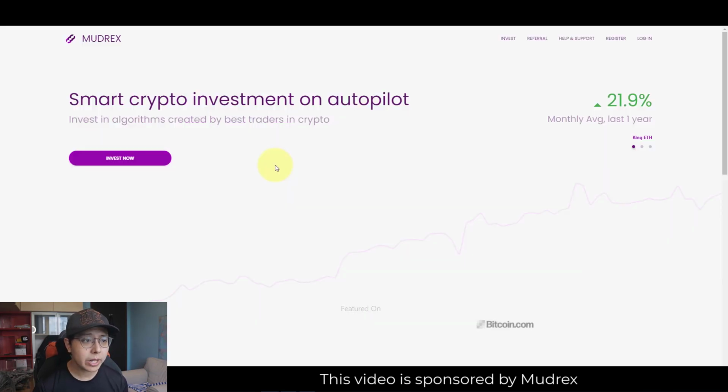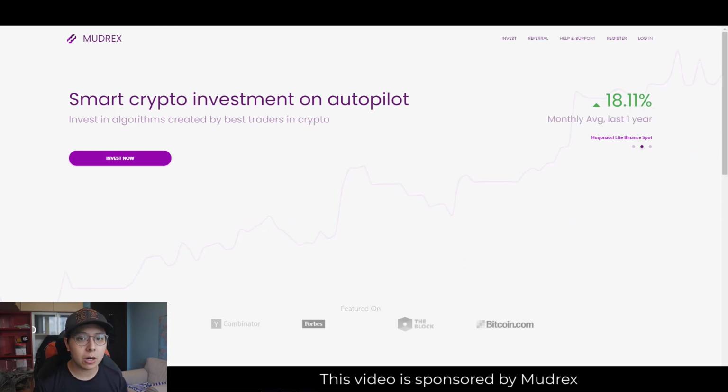Okay, so very quickly, maybe I'll walk you through what the main features on Mudrex are. So assuming that today you are an investor or a trader who is very new to the crypto scene, and you would not want to be too hands-on in terms of trading, but you still want to be part of the crypto market. And that's where I feel Mudrex has this huge advantage, because they have various algorithms, they call them bots, where you're able to copy those trades, and it's kind of automated. Okay, and your role is of course then to select the bots that suit your risk profile, right?